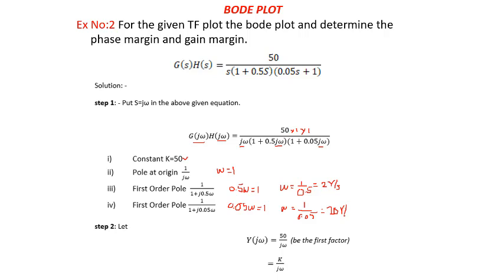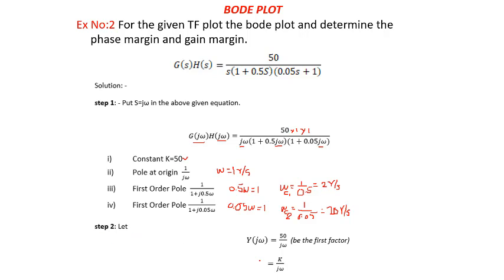Whenever you are writing these factors in the table, you have to write from the lower corner frequencies to the higher corner frequencies. So this one we call the first corner frequency, and this one we call the second corner frequency. Where and how it is used, I will be telling later. And these two factors combined, we write in a single table. Okay, let's go through it.